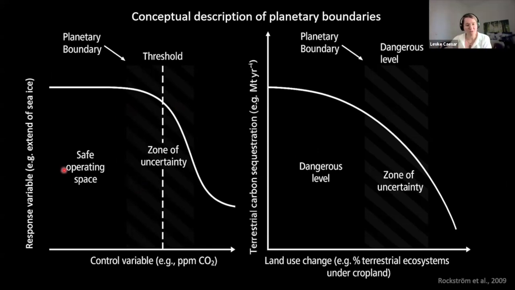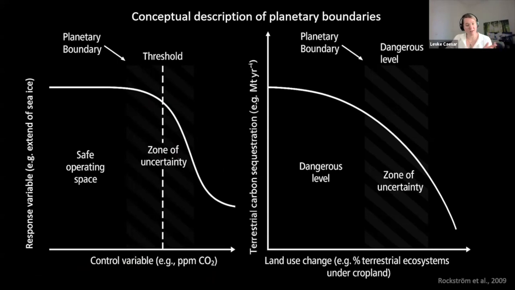So these are points beyond which feedback mechanisms, like for example in this case the ice albedo effect, cause abrupt changes that you can see here. These thresholds are an inherent property of the Earth system, and we typically identify them along one or more control variables. In this case, for example, the CO2 concentration in the atmosphere, or we could also plot it with respect to the global mean temperature evolution, or so on.